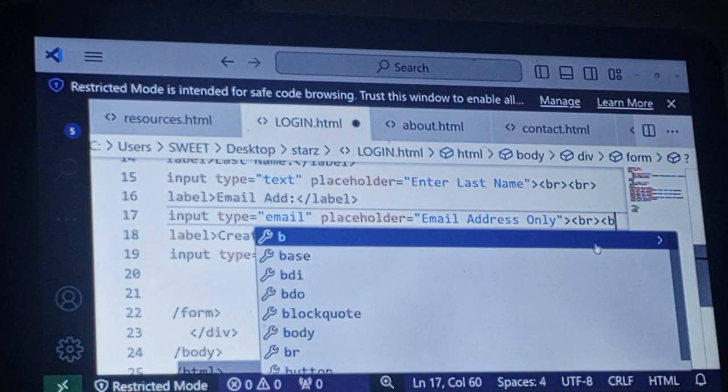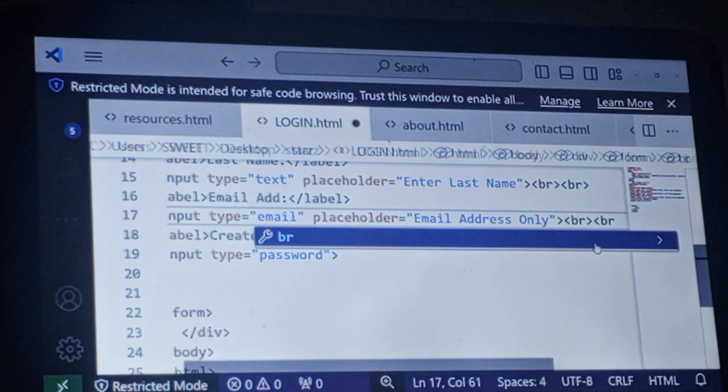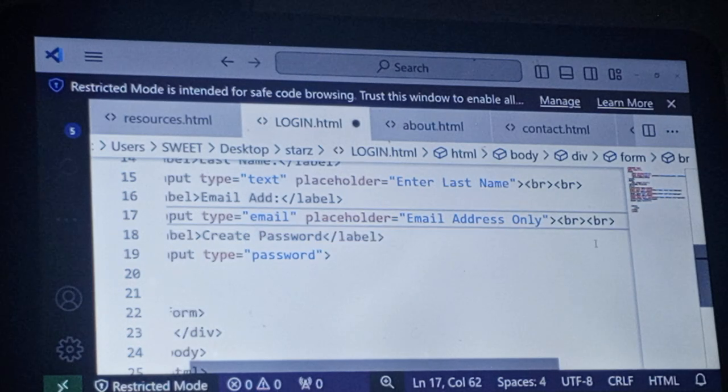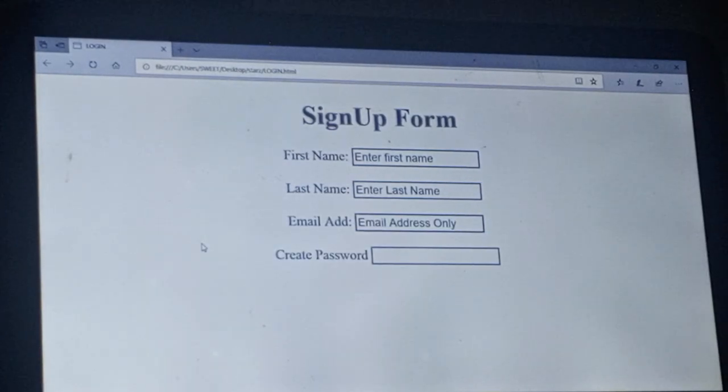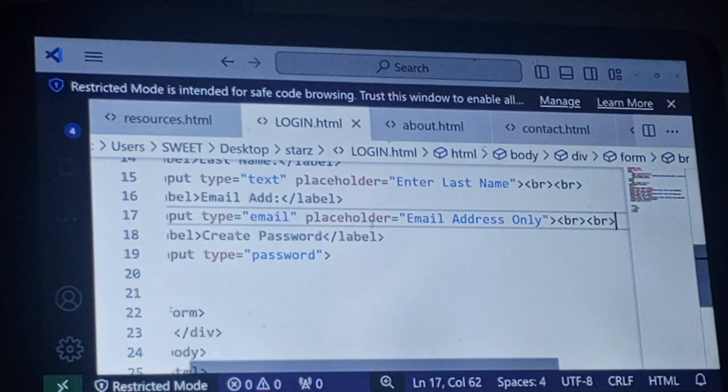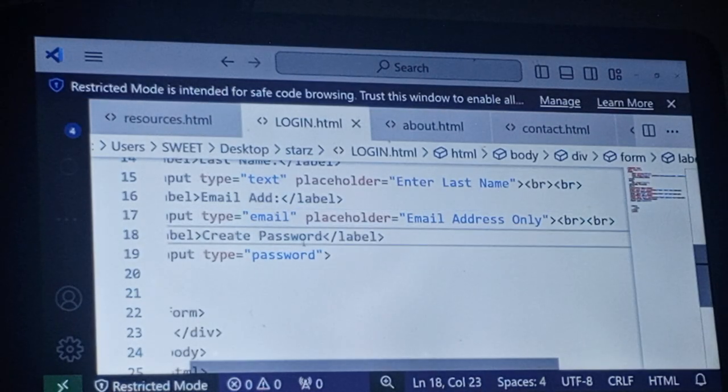Apply another break. Another break. Then you save. You refresh. Beautiful. You see that now. But the password a little bit. So let's reduce the label name to